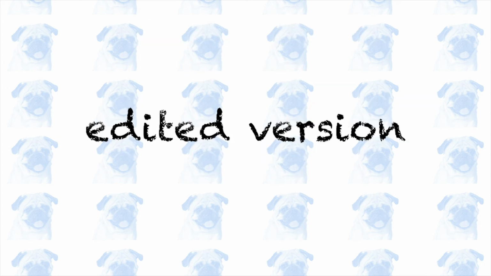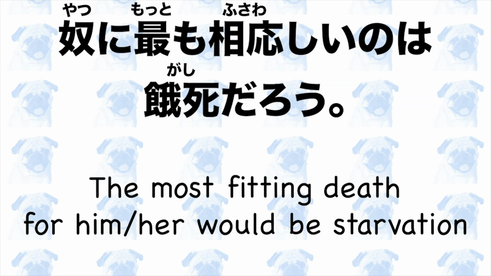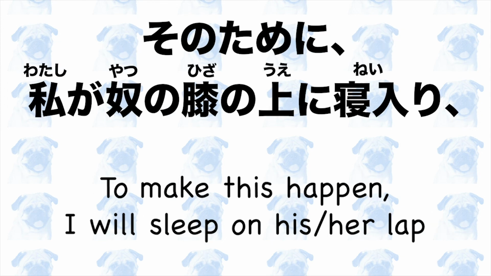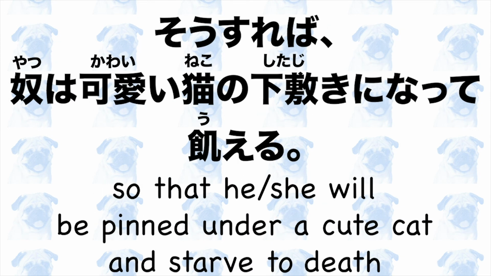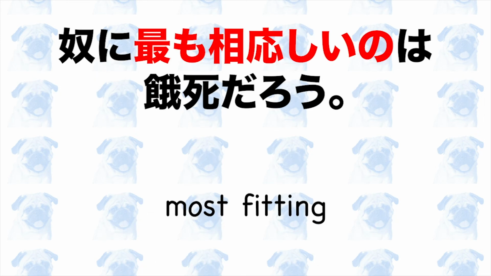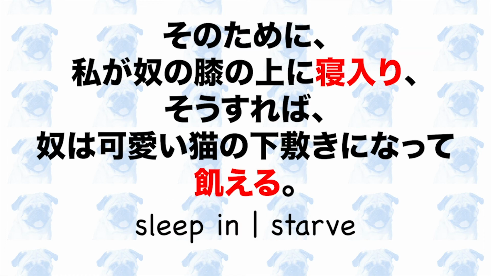And here are my corrections and modifications. 奴に最もふさわしいのは餓死だろう。そのために私が奴の膝の上に寝入り、そうすれば奴は可愛い猫の下敷きになって飢える。In the first sentence, I have simply added more words to ensure that the reader knows what the plan is for. In the second sentence, again, I have made some minor changes to make the sentence easier to grasp. Then, my next entry is going to explain why the cat considers this to be the best plan for killing